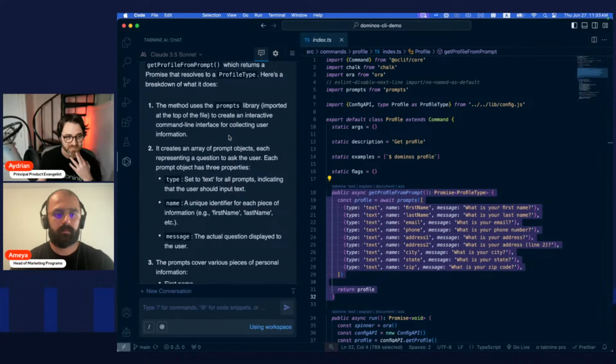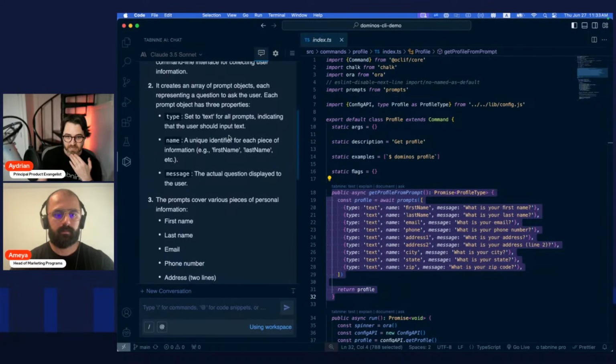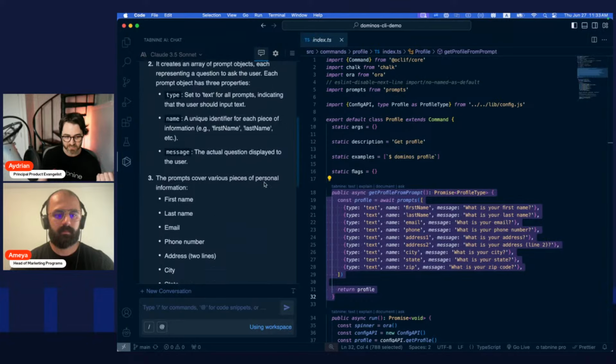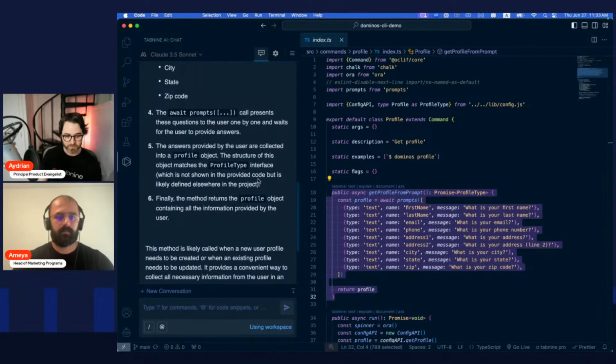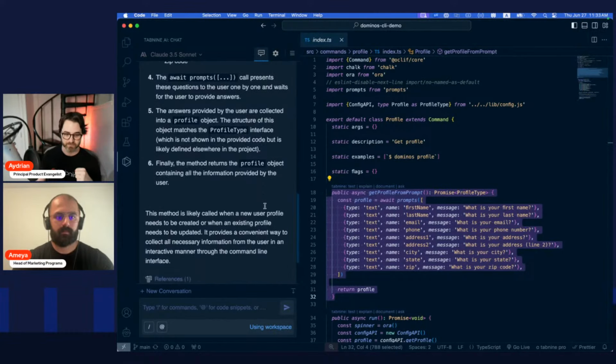If anybody's done a TypeScript command line, you probably are familiar with the types library or Inquirer or something like that. It tells us what the object's done. So the text type, that's good. It tells us all the things that it prompts for, and that it even returns a profile object.